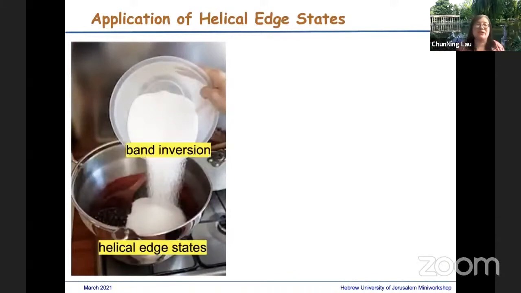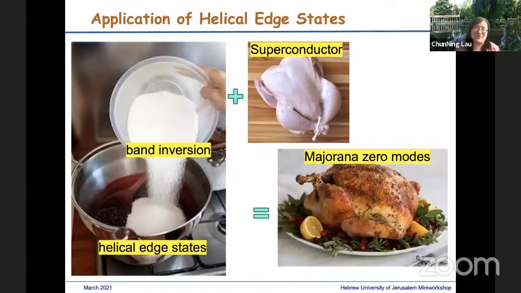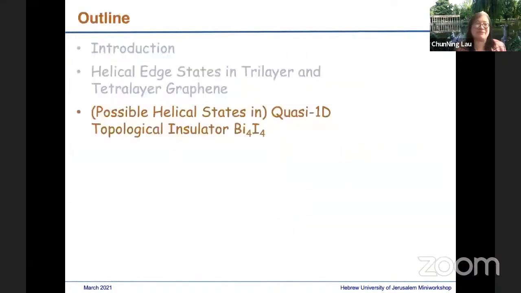All right, so we have helical edge states now. What do we want to use them for? Usually one of the uses is that we attach them to a superconductor, and this will give us Majorana fermions. Since I don't have time, I'm not going to dwell on this. Again, this is, I would say, a potential use for topological quantum computation. So let me go to the second part of my talk,